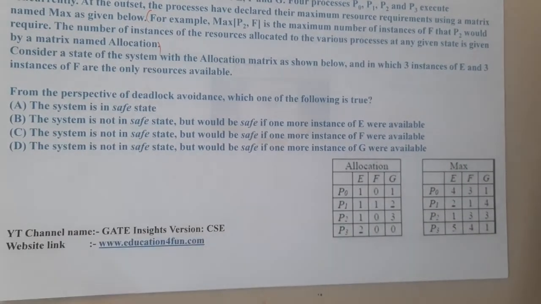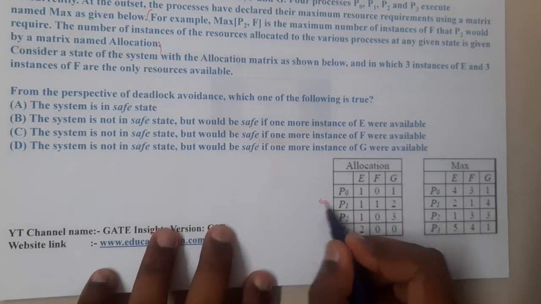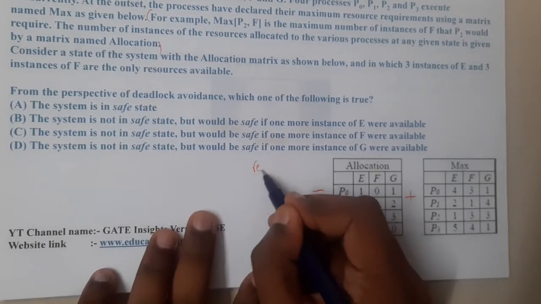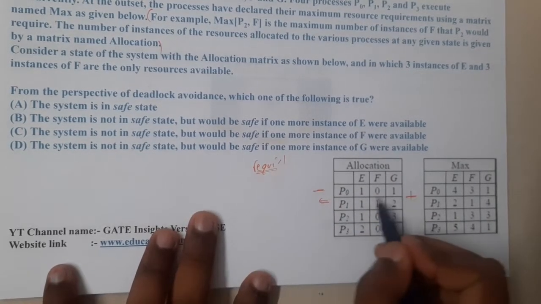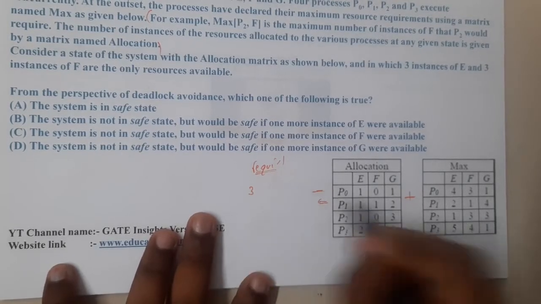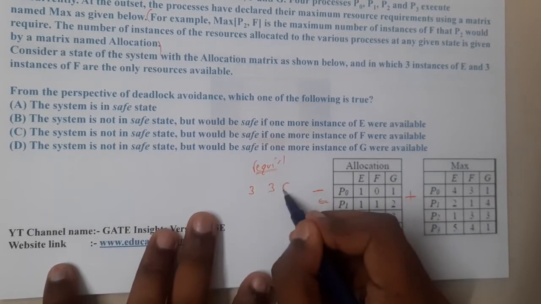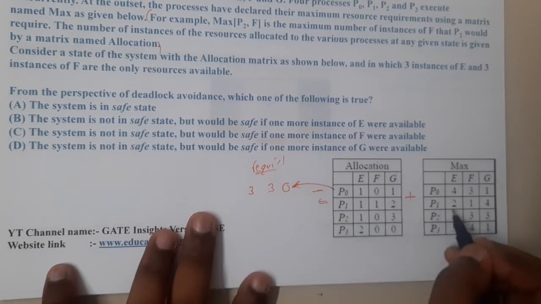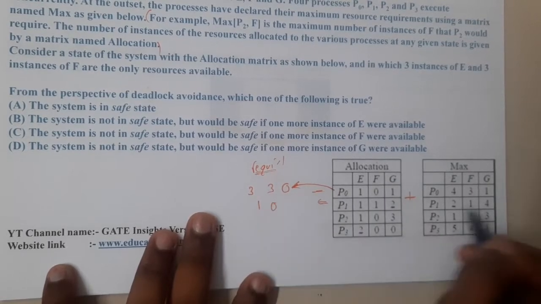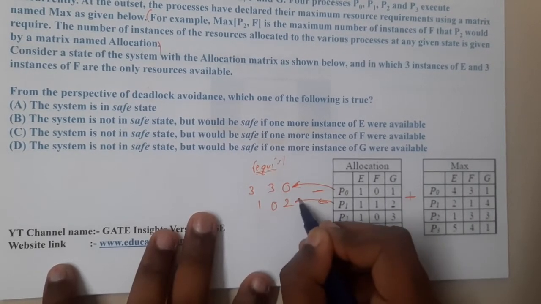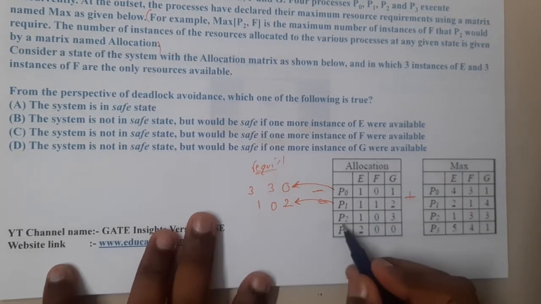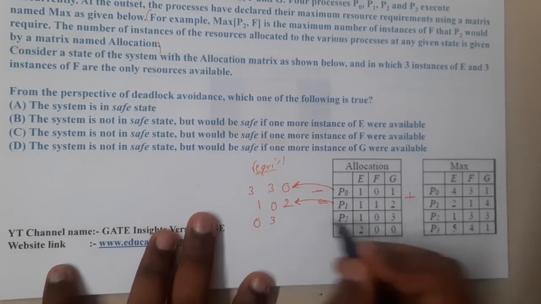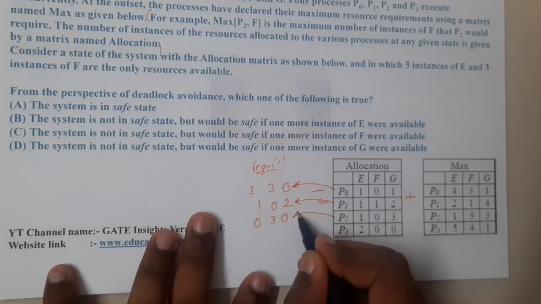So let us start. First of all, whenever you are calculating it, they gave maximum, so subtract allocated from maximum, guys. You will get the required ones, or requests. Here we have 4 minus 1, that is 3, 3 minus 0 is 3, 1 minus 1 is 0. So P0 needs these many resources. Similarly, for P1, 2 minus 1 is 1, 1 minus 1 is 0, 4 minus 2 is 2. So P1 needs these many resources to complete its execution. Similarly for P2, 1 minus 1 is 0, 3 minus 0 is 3, 3 minus 3 is 0. So now P2 requires these many resources.